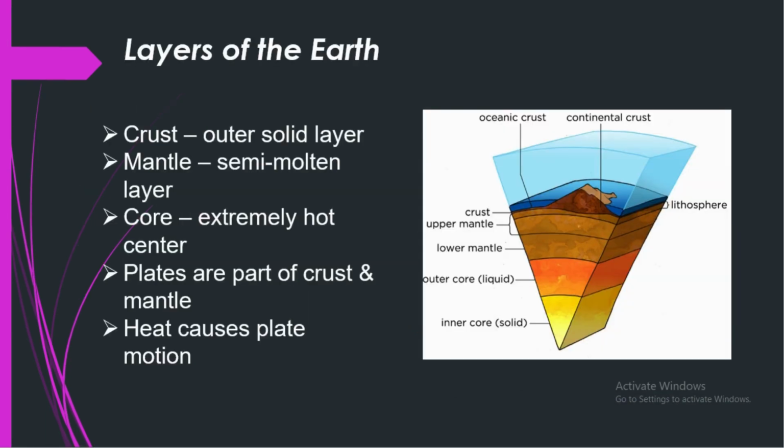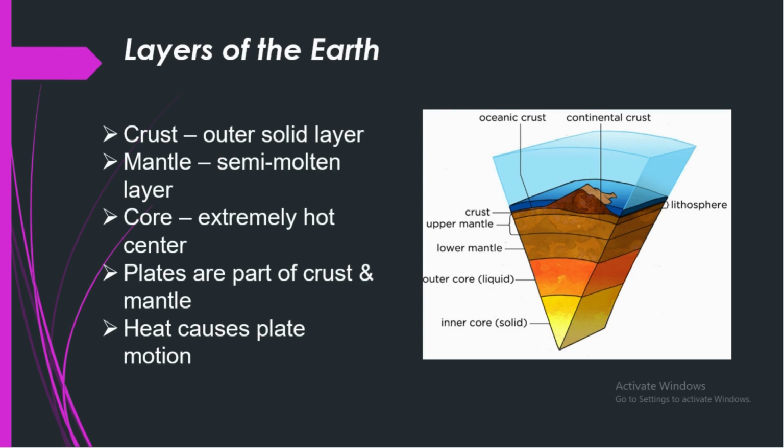So, what are the layers of the Earth? There are basically five different layers of the Earth. The first one is the crust, which is the outer solid layer. The second one is the mantle, which is the semi-molten layer. The third one is the core, which is the extremely hot center. The fourth one is the plates, which are part of the crust and mantle, and the fifth one is the heat